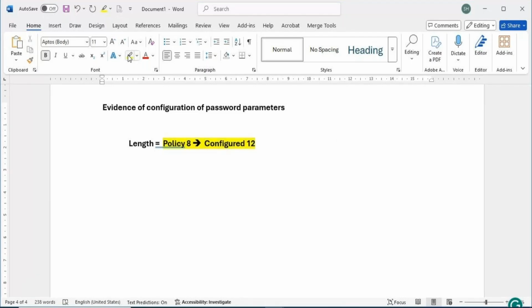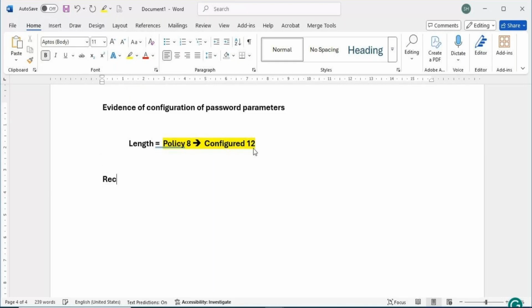If you raise this as an observation, the auditee is going to literally argue with you. He will say, why is this an observation? I have configured a stronger control than whatever is written in the policy. You can't say that this is an observation. And he is also right, because he has configured something more stringent than the policy. Then as an auditor we will say, boss, this is not an observation, I am just giving you this as a